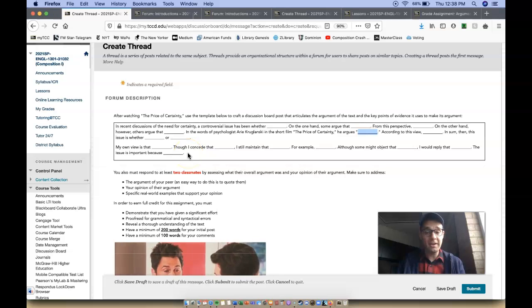Now here's where you got to think critically. This is challenging for a lot of people. Though I concede that blank. Now what you're doing here, this is basically exposing what some people would say in contrast to your idea. So if you think that